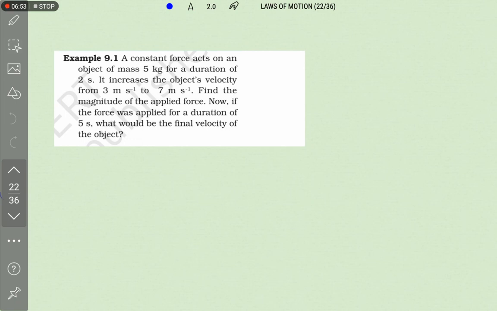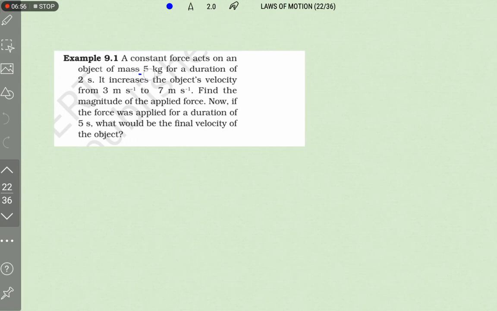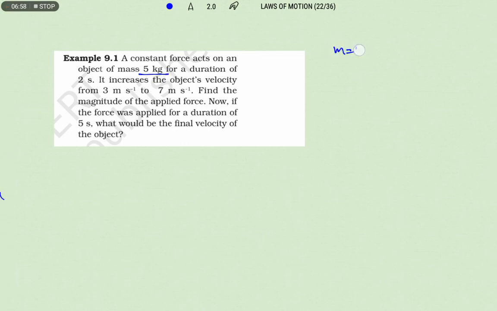See question number 1 here. A constant force acts on an object of mass 5 kg. So the mass of the object is given as 5 kg. For a duration, that means the time interval delta t is given as 2 seconds, and it increases its velocity. So due to application of the force, its speed increases from 3 meter per second to 7 meter per second. They are asking to find the magnitude of the applied force. So here the applied force is the unknown quantity, but the remaining information is enough to do this. So this is u